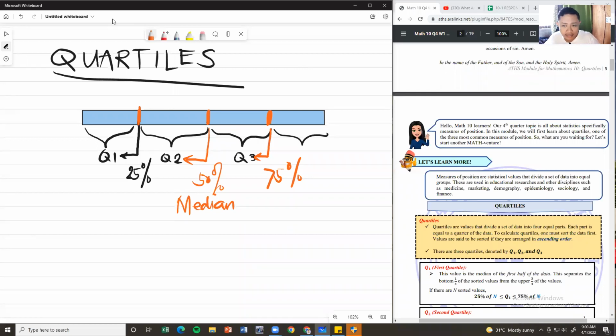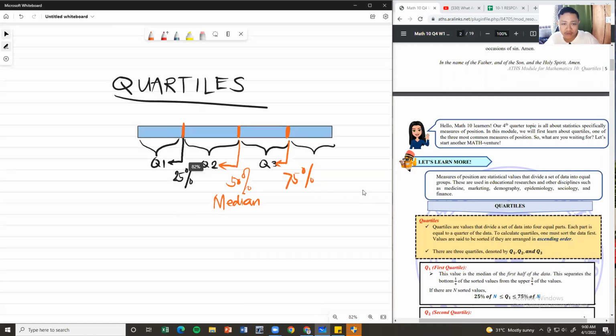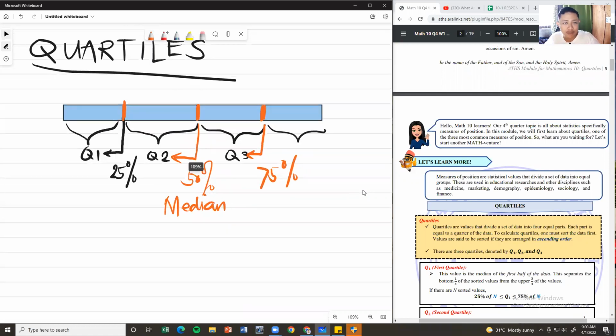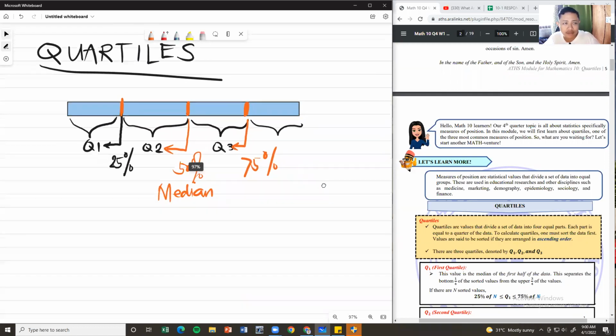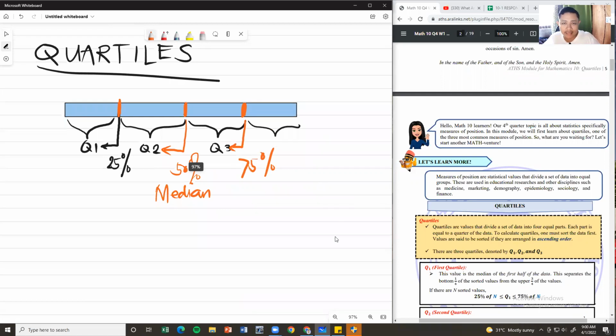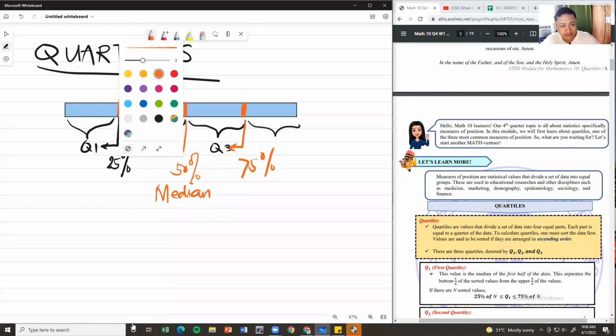What if we have a set of data that we will be interpreting based on quartiles? Let's have this as our example. For example, I have here, of course, it says here, it should be in ascending order. Dapat naka-arrange siya from least to greatest. So let's have this. For example, my set of data are